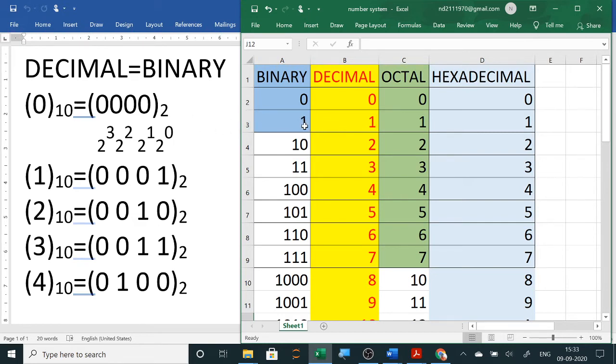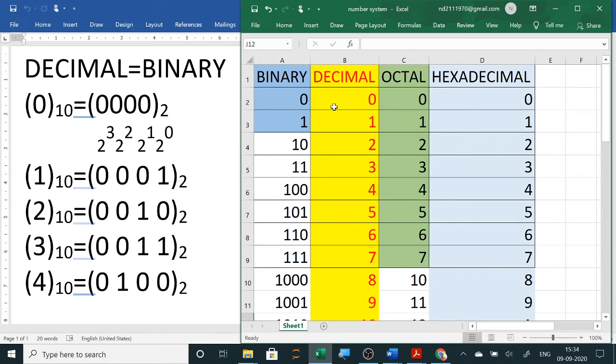So for 1, the first bit will be high. For 2, it is 2 to the power 1, that is 2, so the second digit will be high. 3 will be 2 plus 1, and 4 will be 100 because it is 1, 2, 4. So wherever that digit comes in, it will become high. 5 will be 4 plus 1, 6 will be 4 plus 2, 7 will be 4 plus 2 plus 1, and 8 is 2 to the power 3, which is 8. So this will be 1, 2, 4, 8, then 8 plus 1 is 9 and so on.